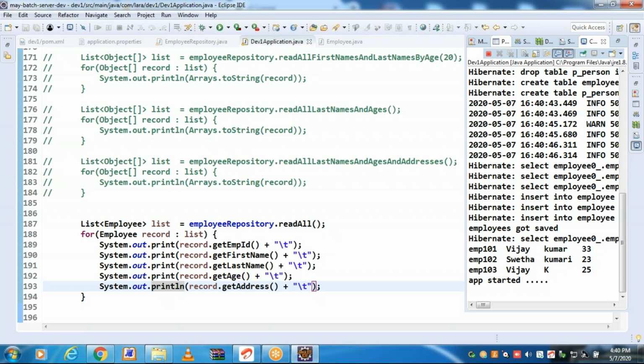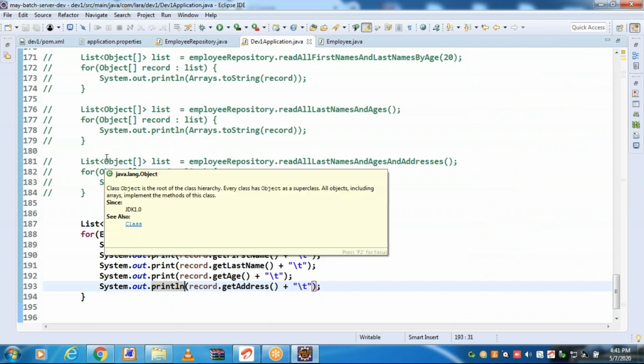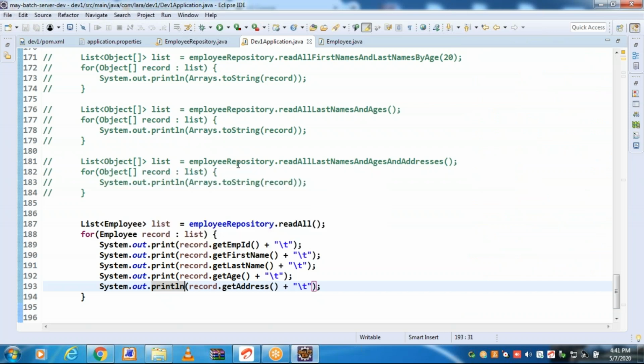ID, first name, last name, age. So here all the fields. Instead of reading all the columns, if you want to read a few columns, you can use object array, but object array usage is not very convenient. Here all 5 fields we are reading.